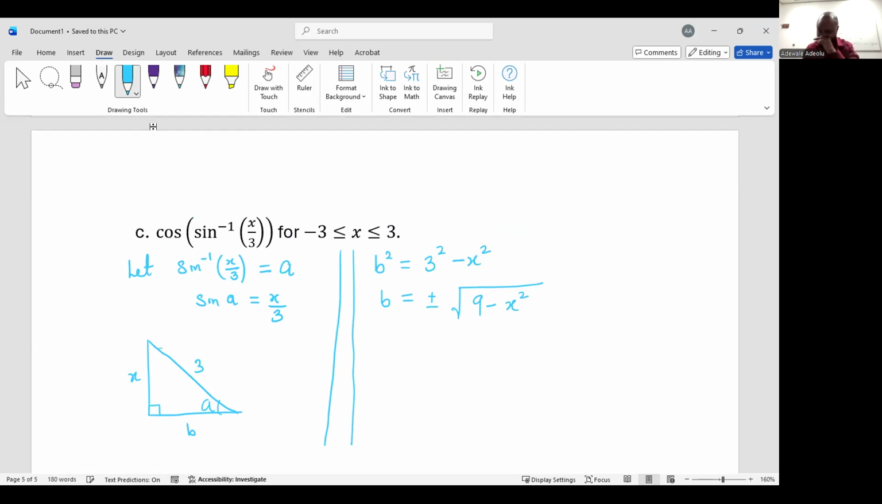Please do not say the square root of 9 is 3, the square root of x squared is x. No, you cannot do that because you have a minus in between. So leave it that way. Now you can see why we give you this interval, the domain where x is defined. It is only defined for -3 to 3 because